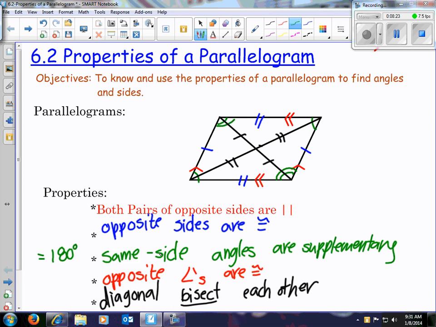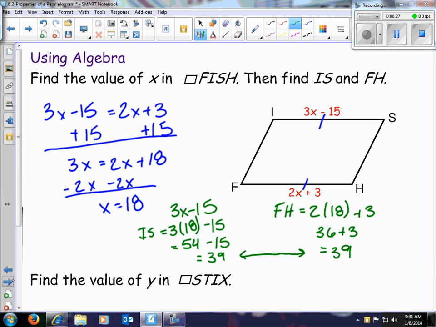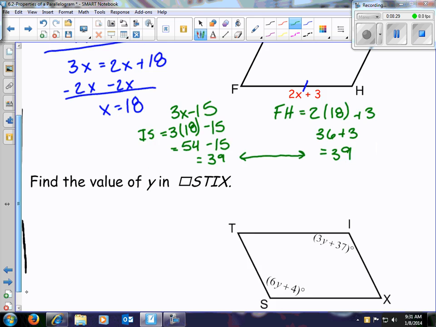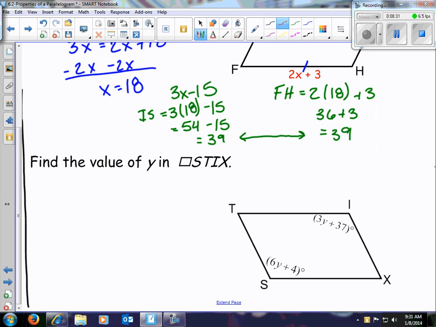Opposite angles are congruent. It's one of our properties. So, if we know that the opposite angles are congruent, then that means this angle is the same as this angle, which means I can set up a simple equation that puts 3y plus 37 equal to